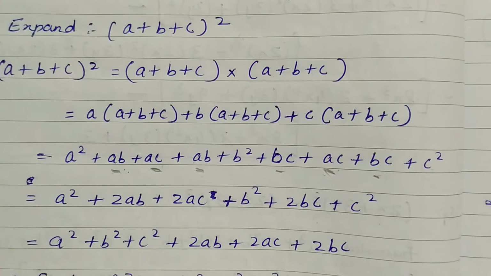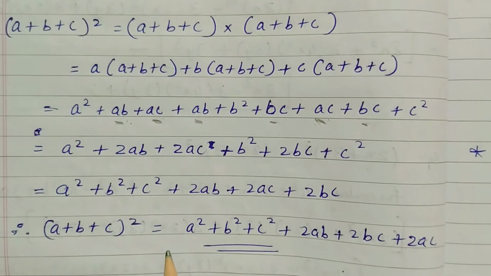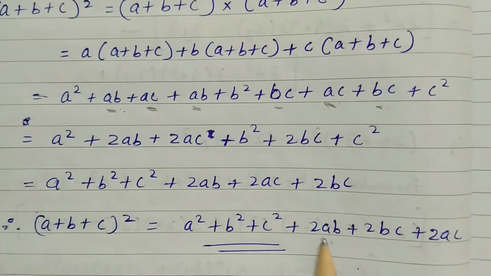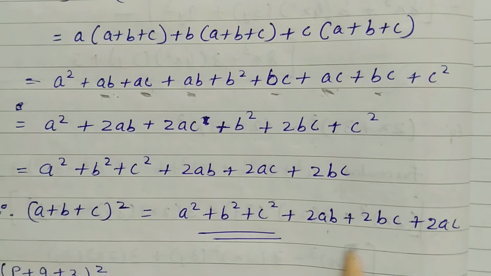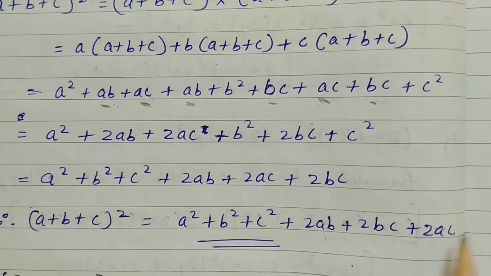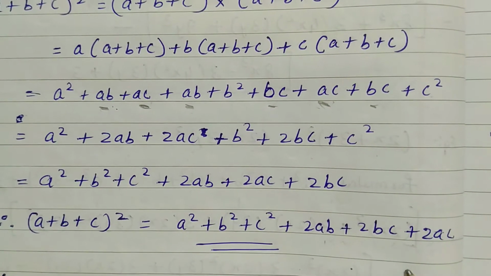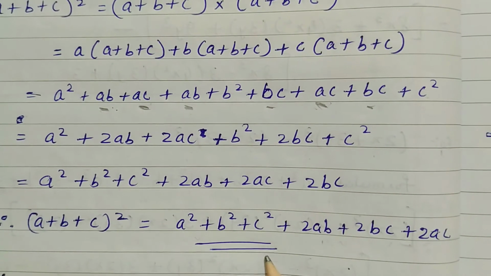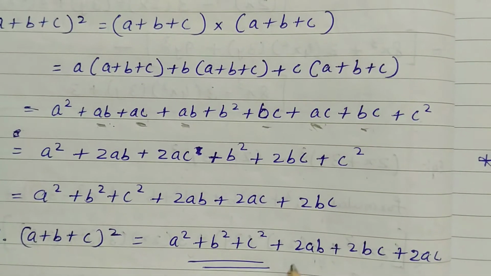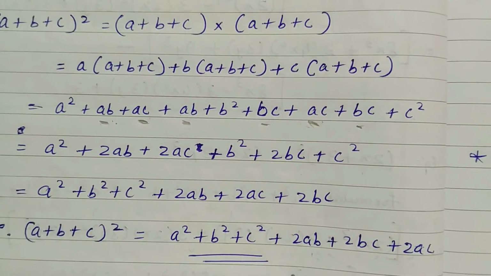So we will form it. That will be a plus b plus c the whole square is equal to a square plus b square plus c square plus 2ab plus 2bc plus 2ac. So that is in the form ab, bc and ac. If you write 2ab then 2ac, that will be a little bit confusing. So whenever you are writing, write in a proper way. This is the formula which we are going to use further. Now we will go ahead and see an example.